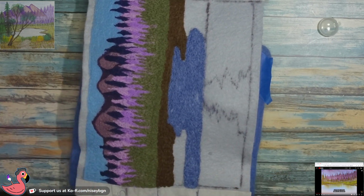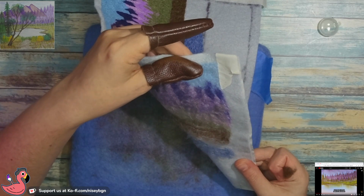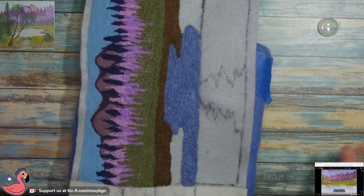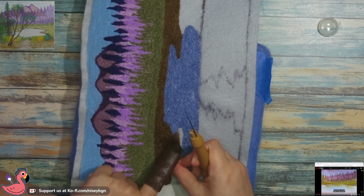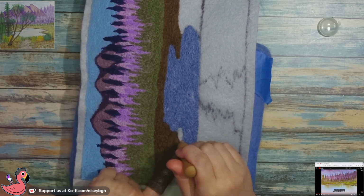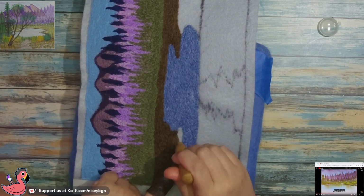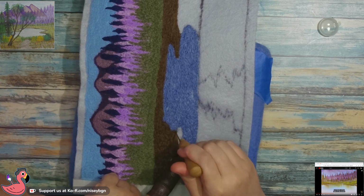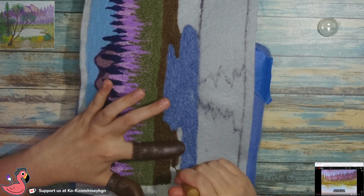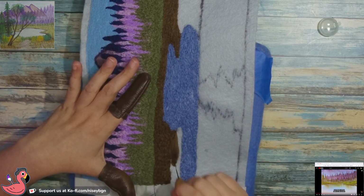It's probably, okay, see, look. That didn't really do much on that side. So the tape might not have mattered for that experiment. Though I do think I came over the tape line a little bit, so we'll have to try it again. I need to do it a couple of times to see, because I mean, this isn't really our line here, so